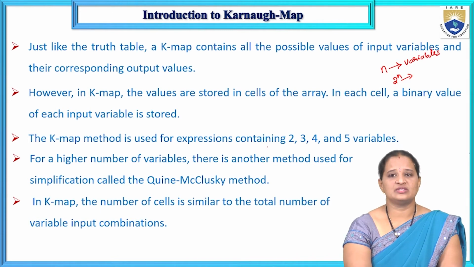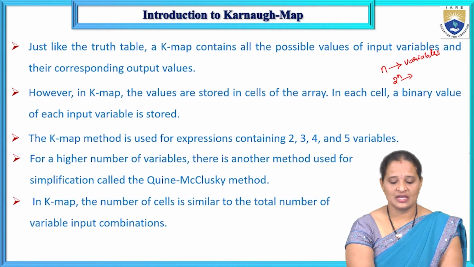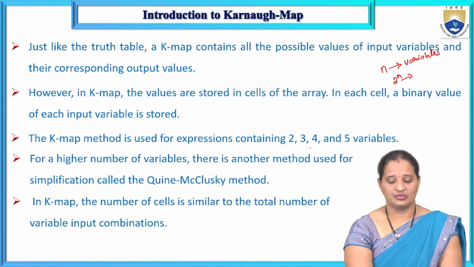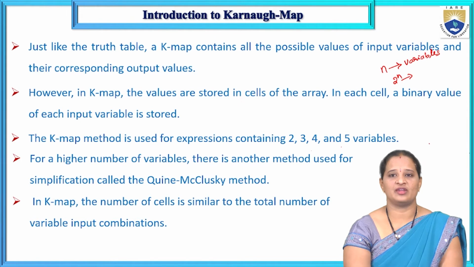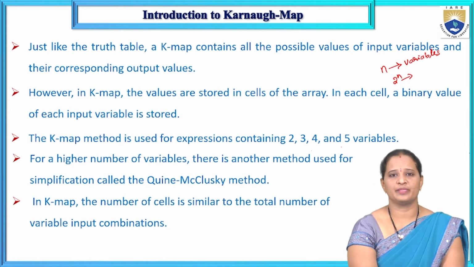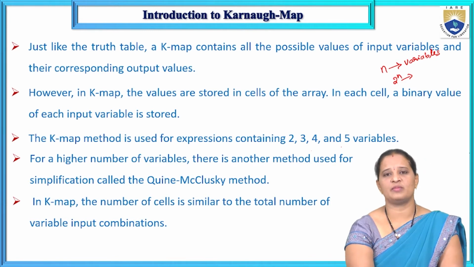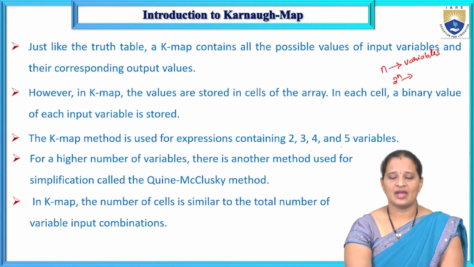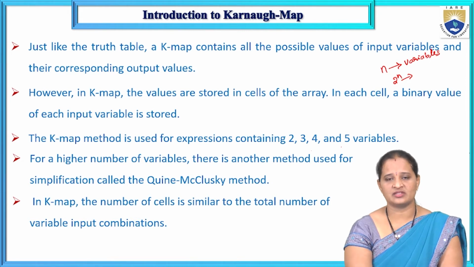The K-map method is used for expressions containing 2, 3, 4 and 5 variables. So the use of K-map is simple up to 5 variables. When the number of variables increases beyond 5 variables, the complexity becomes greater, and hence the simplification may not be accurate. So up to 5 variables, we can simplify the Boolean expression perfectly using this